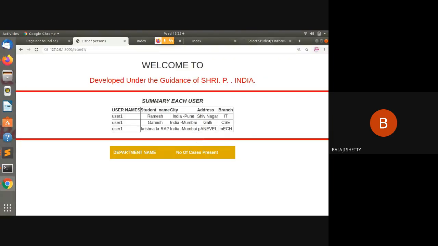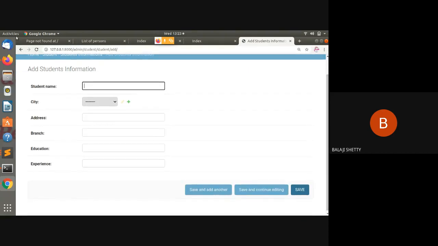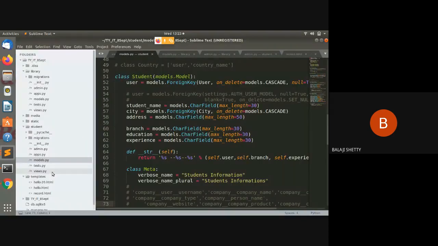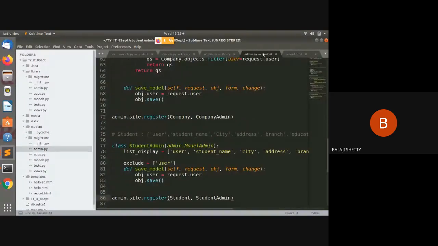See, student name, city, address, branch, education, experience. Here I do not get user, because I have excluded user in admin.py. If you see this admin.py, here I have excluded the user.